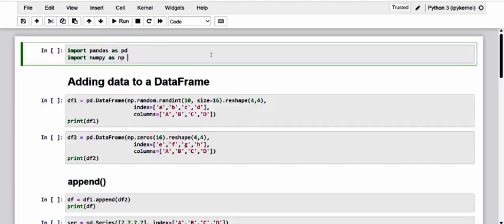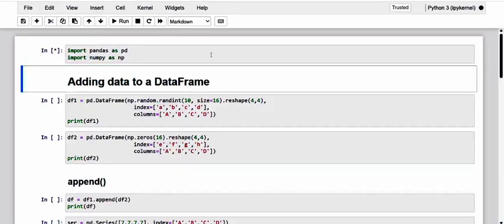Dear friends, a fast and common method to add data to a data frame is to insert values from another data frame or other series into them. The Pandas library provides us with two different methods for this. One is append and the next one is concatenate. In this session we will see that each of these two methods allows you to add data separately. In fact, append is suitable for adding new data as new rows of a starting data frame, while concatenate is suitable for adding new data as new columns of a data frame.